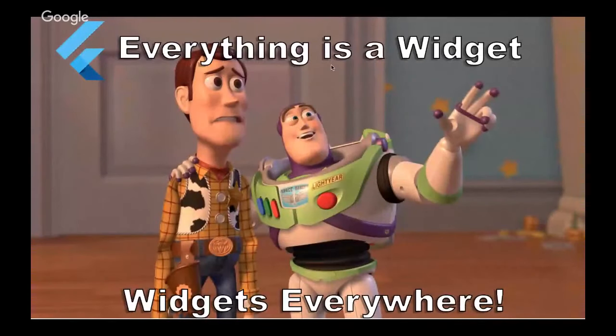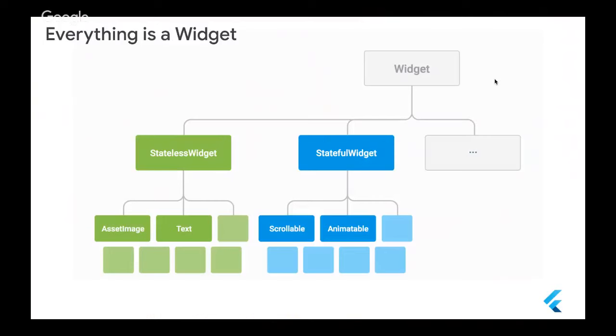So for Flutter, we say everything is a widget. Widgets everywhere. You will find widgets everywhere inside your application, and we will talk more about it later, inshallah ta'ala. When we talk about widgets, from a UI perspective, a widget is a small element or component or a small piece of code that appears on the screen. And UI widgets have two types only. The first type is a stateless widget, and the second type is a stateful widget.